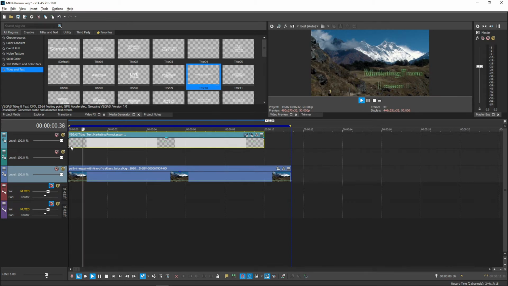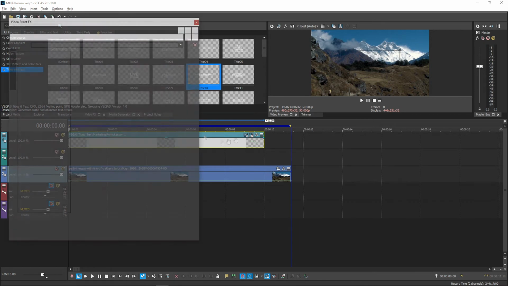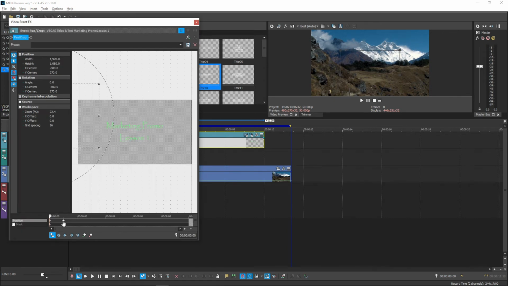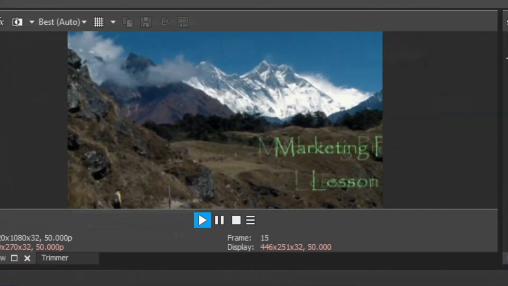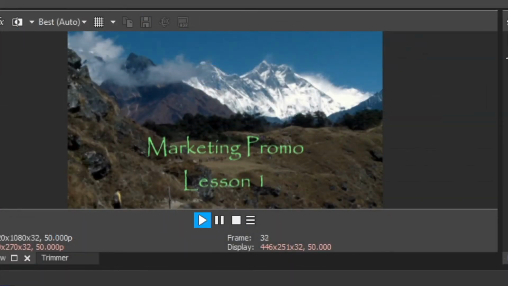But it's moving kind of slowly. If there are a lot of frames in between your keyframes, then naturally, it will take more time before the text arrives at its final position, making the movement slow. If you want the movement to be faster, move the second keyframe closer to the first, like this. Now play it, and the text really flies in.